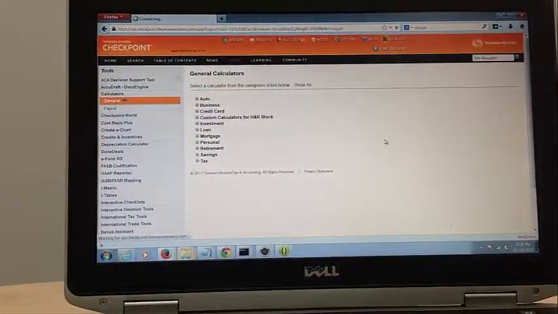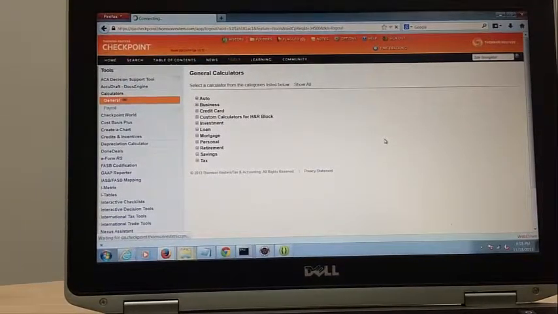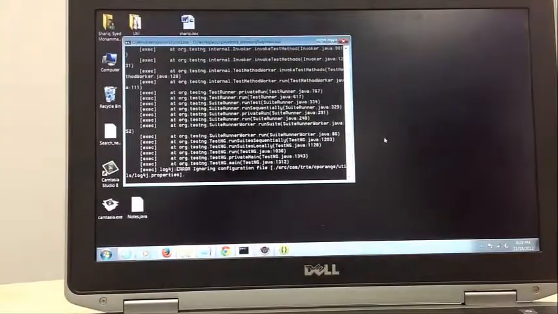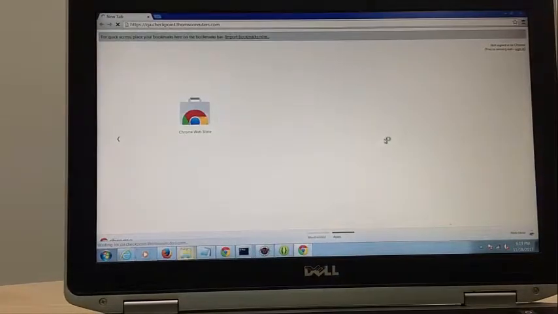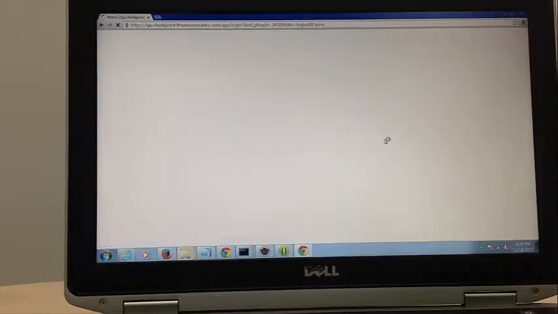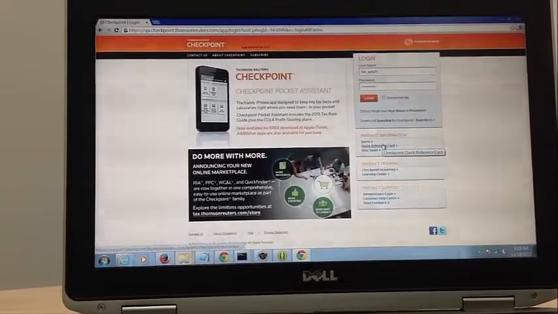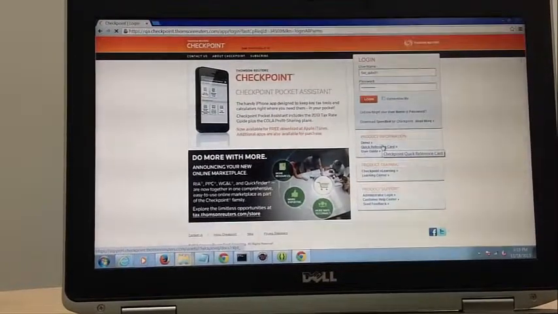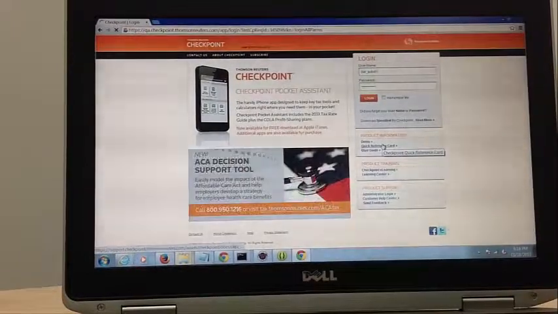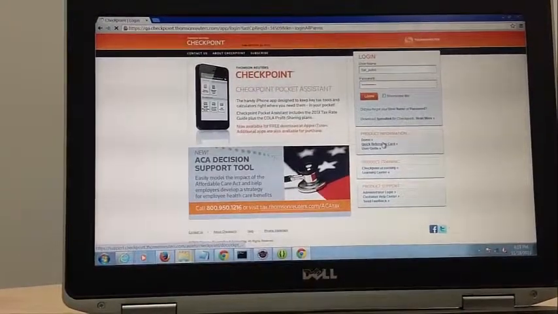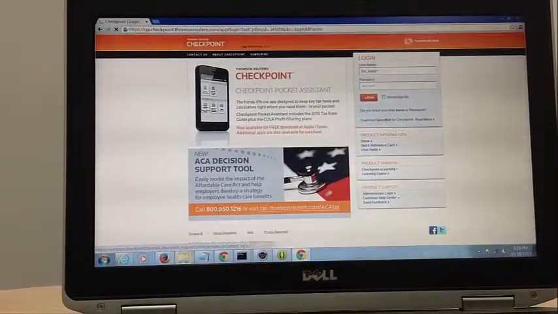The Checkpoint application has started. This test case is for the news feature. It has validated the first test case, and the first test case is finished. It will close Firefox, and again a new test case is started in the Chrome browser. This is the Checkpoint application login page. As one test case is already finished, the target we have given to call the log4j file has logged the pass or fail status of the last test case which ran.